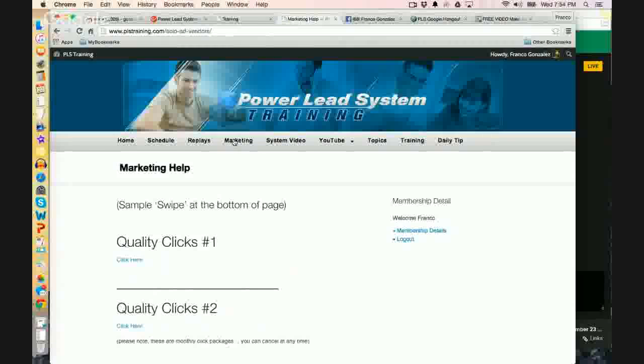When you click on marketing, we give you all kinds of sources where you can just buy automated traffic. You buy the traffic according to your budget. How many people do you want rushing towards your website? 100 clicks, 1,000 clicks, right? It just depends on your budget. And then they ask you, which page do you want us to send your traffic to? And you give them the link to your capture page and you're done. Within 24 to 48 hours, they begin to send you the traffic that you ordered.